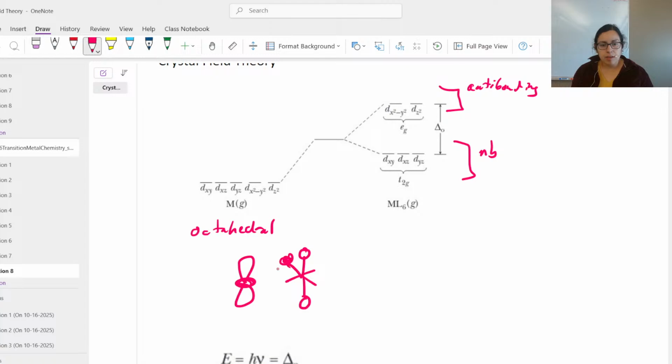And then the donut is filled. So this is an example of a bonding orbital, right? Mainly focus on this z squared axis. And then, like I said, this is anti-bonding, so we're not focusing on them. So our bonding ones are down here, right? So this is dz squared